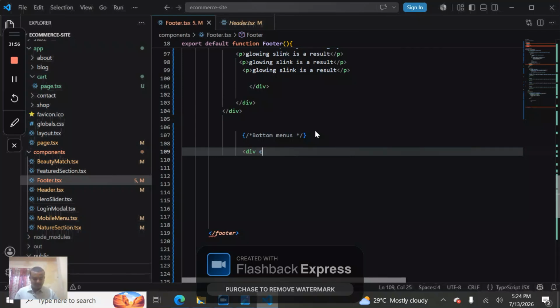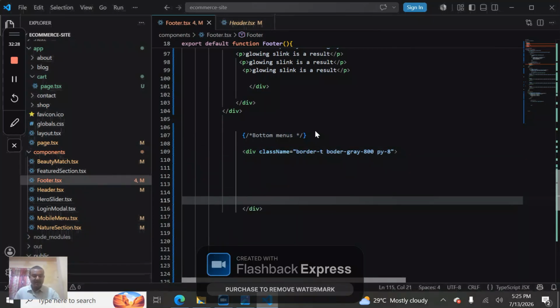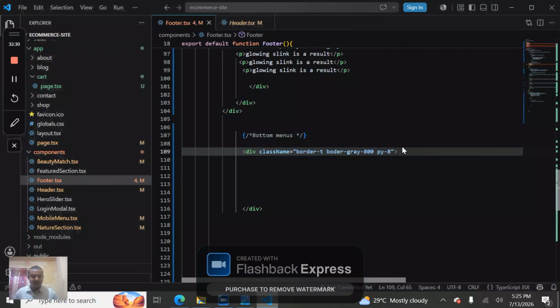We have to take a div class name, border. So border will be gray, 800 pixel, and padding will be 8. Okay, that's it. The div is finished, and after the div, we have to take